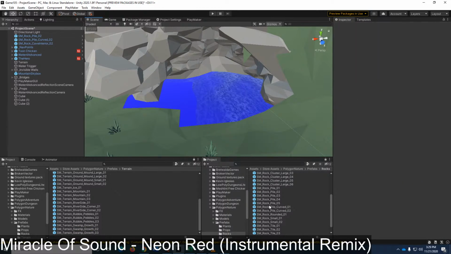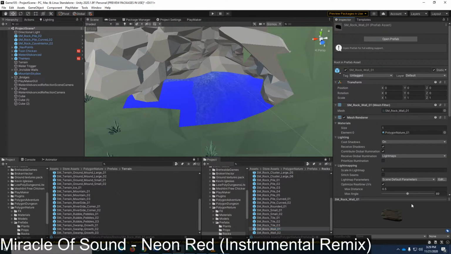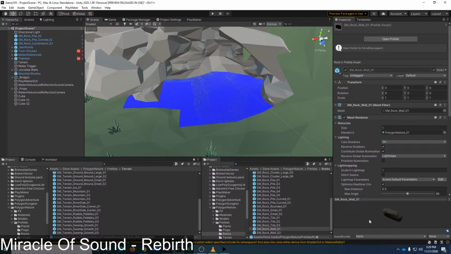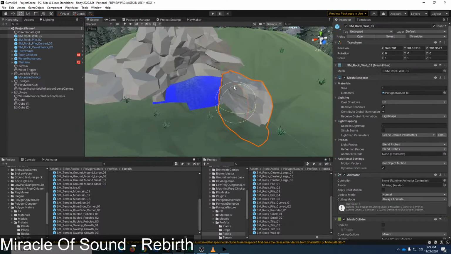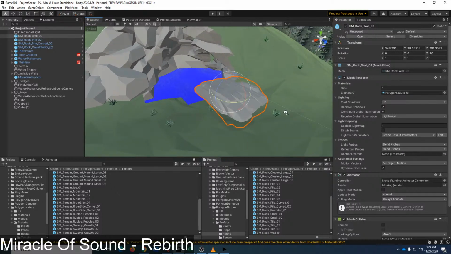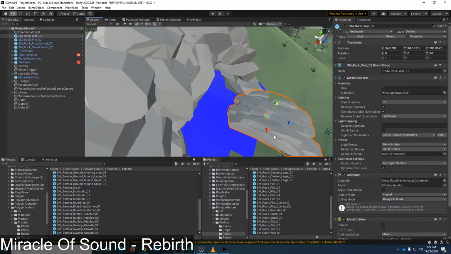You know what? Let's see here. Rock. Could do a rock wall. Rotate it on its side.